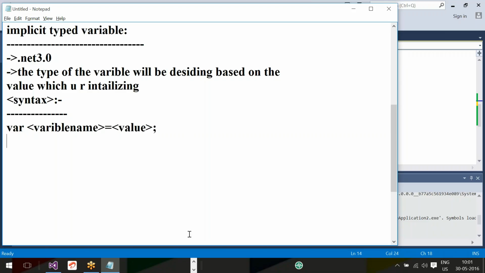Coming to the GetType method, what is it? That method will return the base type of the given variable. Here the question is,